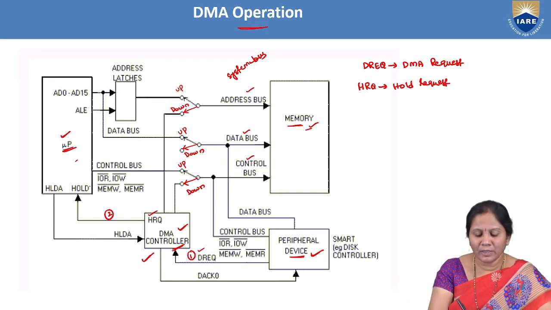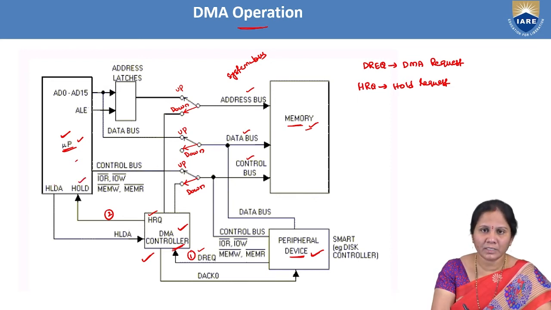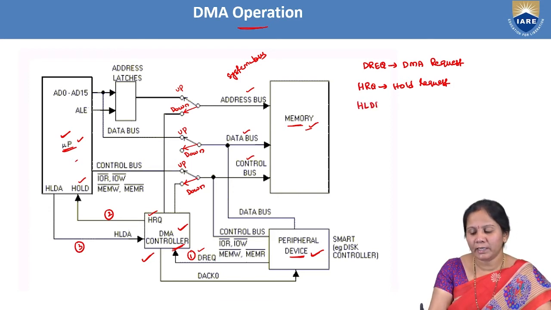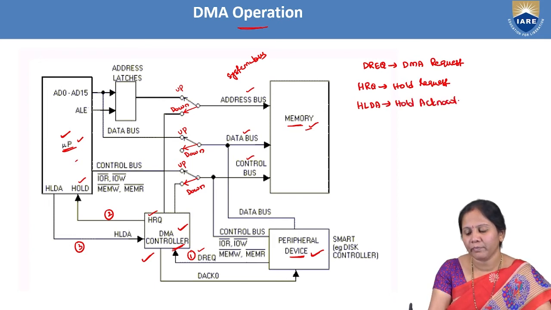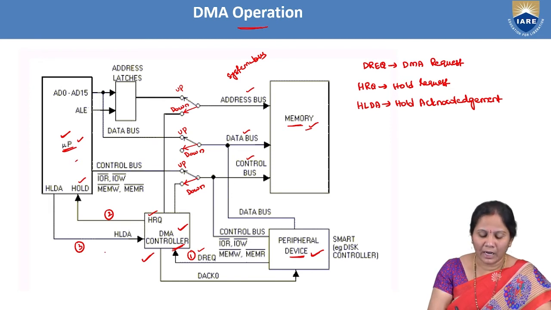And when the microprocessor gets the hold signal from this DMA controller, then the microprocessor, after receiving that hold signal, is going to send a signal called HLDA to the DMA controller. So that is the third signal. HLDA represents hold acknowledgement. After receiving this hold acknowledgement signal, the DMA controller is going to send the